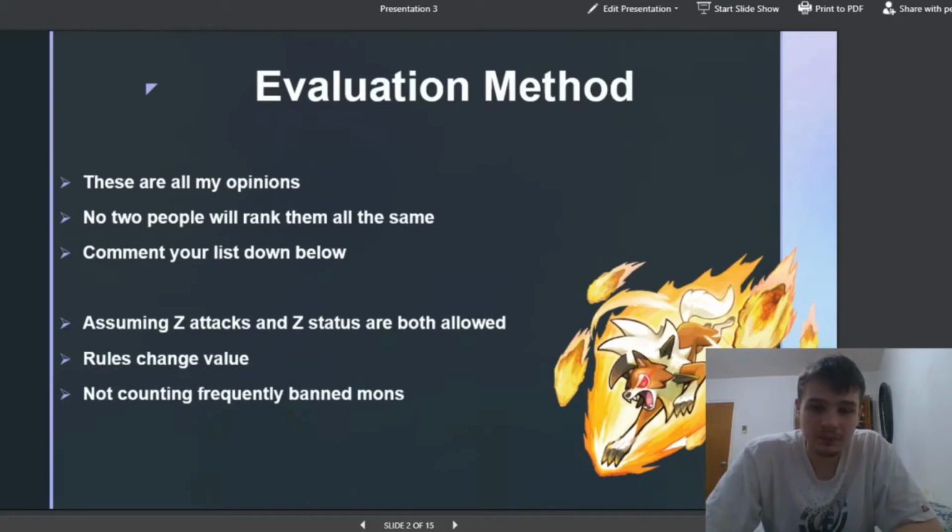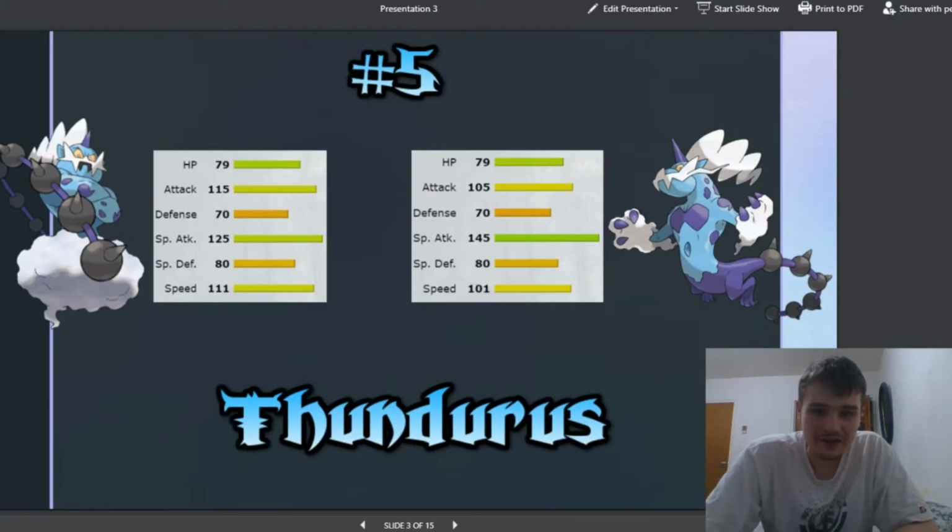And I'm not counting mons that are frequently banned, so you're not going to see something like Magearna on this list. Of course, if something like Magearna is allowed, it would be at the top of the list. That thing is just absolutely busted. It sets up a Shift Gear and you get the right Z move for the matchup and you just plow on right through. So number 5 here, I have Thundurus, and I have here both Thundurus Incarnate and Thundurus Therian,